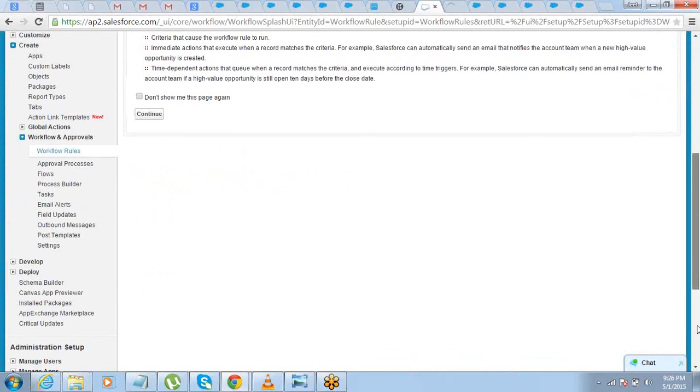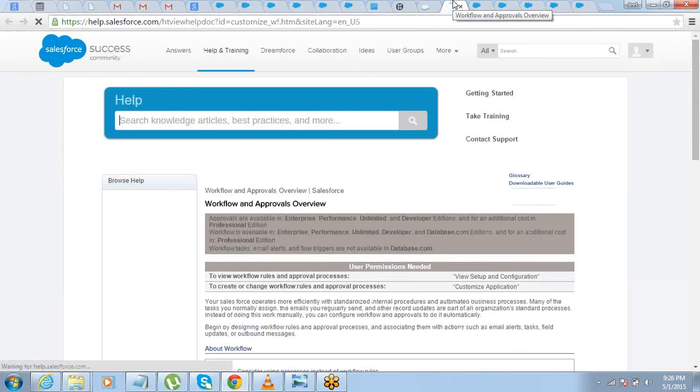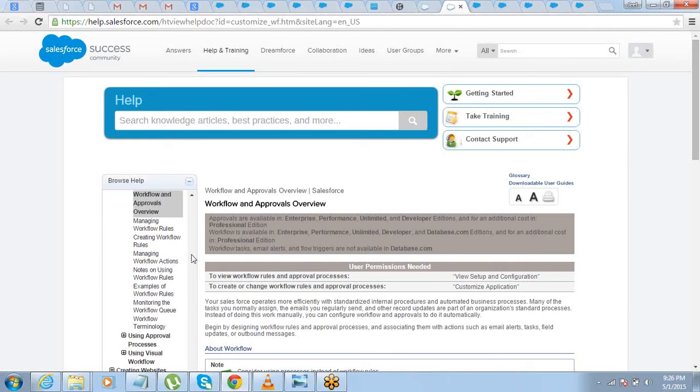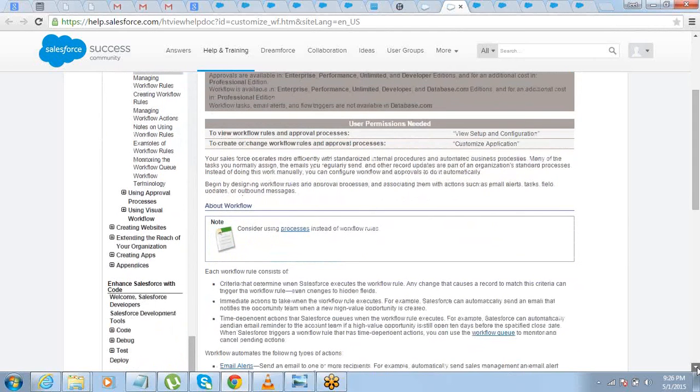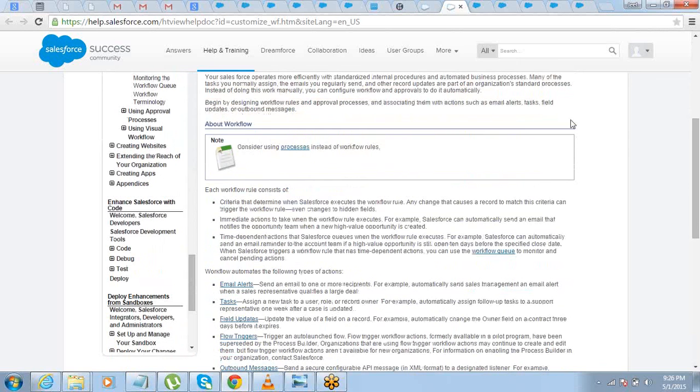I understand there are a lot of things here which are not regularly used, but if you are required to use that, you can just go here and you will get a lot of details about that particular topic. And it also opens with that browse help, so you can always navigate through this. Again, don't try to go through this entire thing, because that will become very difficult for you.